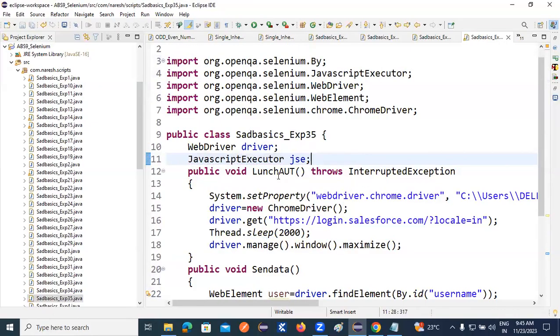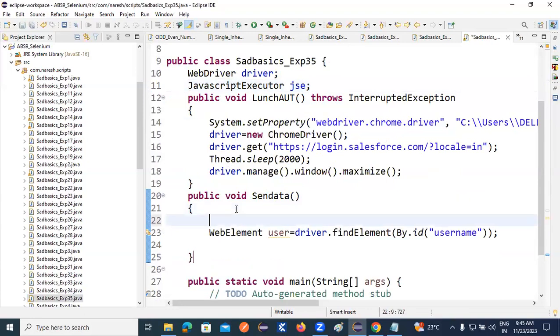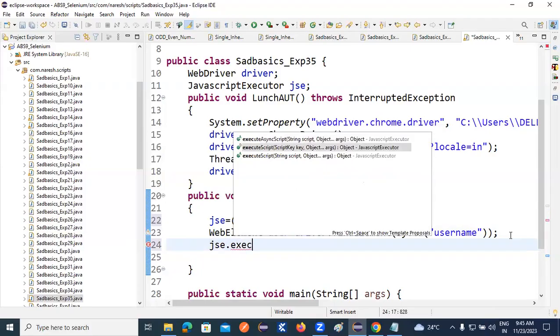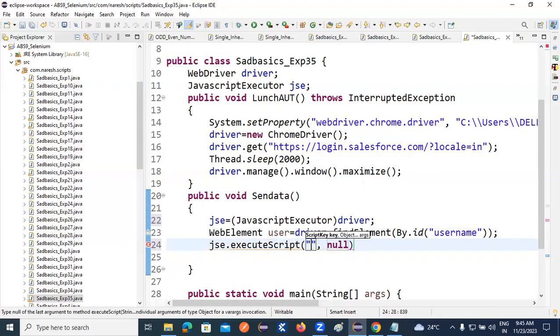Once you have imported, you need to make JS equal to JavaScriptExecutor of driver. Once you have provided JS dot execute script, what I need to do: